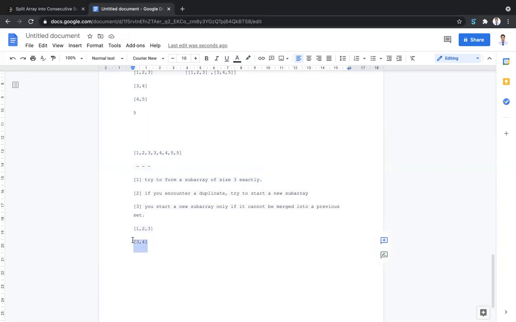Let me think about this. Oh, I'm wrong, sorry. So it is like this, that first you formed a subarray of size 3, right? And then when you saw a duplicate, at that moment you knew that, okay, whatever I have formed contains 3 at the last, so I can't do anything. I have to start a new subarray starting from position 3, starting from 3, right? And then you were able to take this and form a new subarray, right? And then you look at this 4. Okay, so the point here was that if you look at this 4,